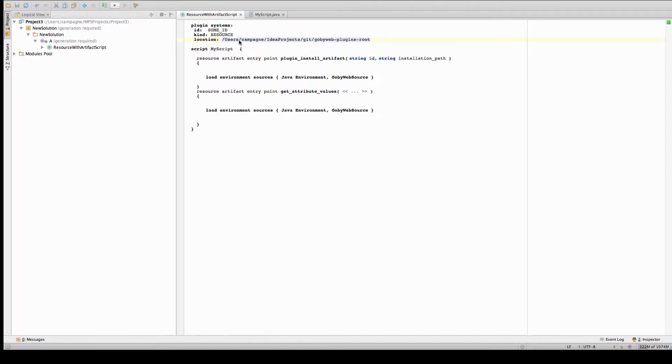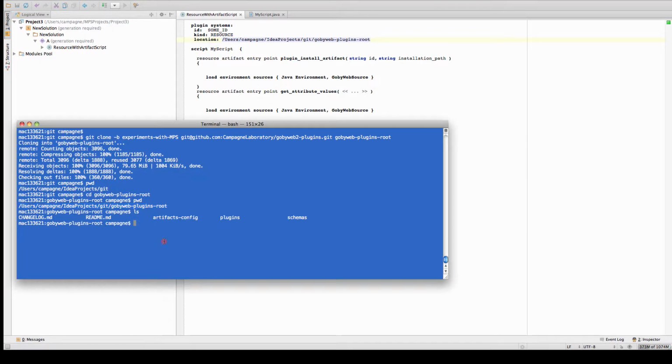Okay, so this should allow you to have an ID here for your plugin. We know that the plugin is of type resource, and the plugin root is located here. The information is needed in a NYoSh script, in a GobiWeb NYoSh script, because if we have all this information, we can automatically deploy the compiled script to the plugin directory, and that is very useful. So in order for that to work, we will need to actually provide an actual